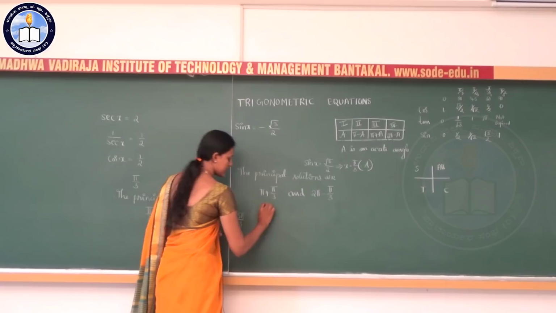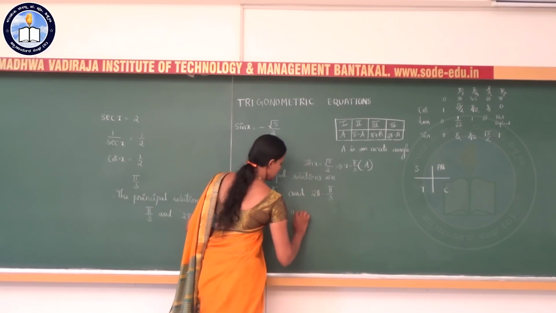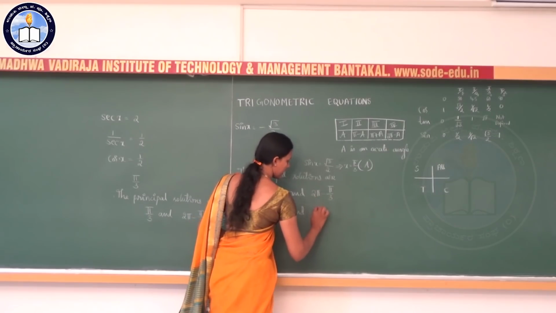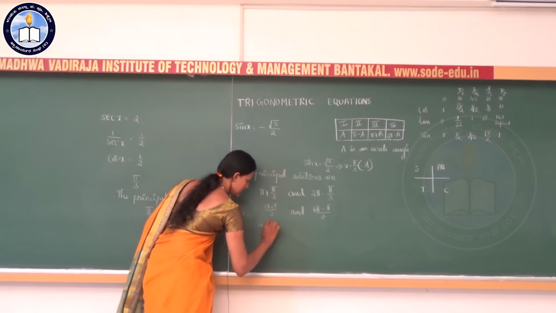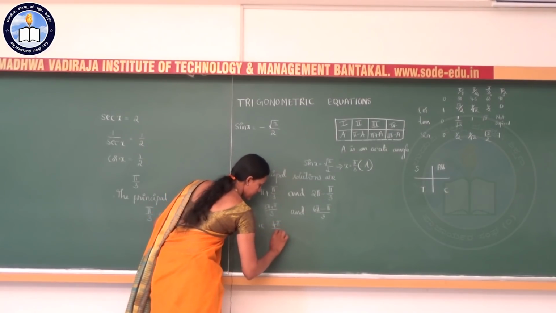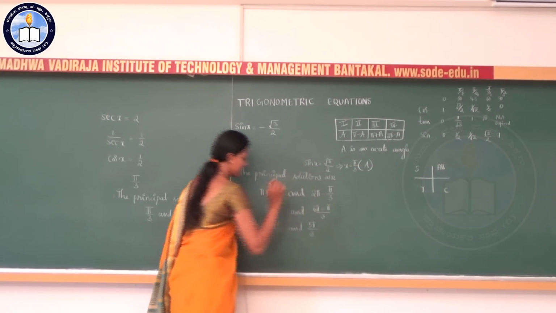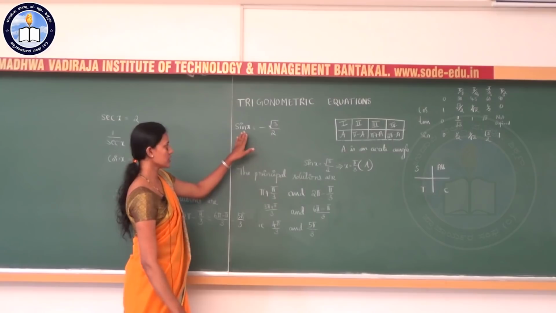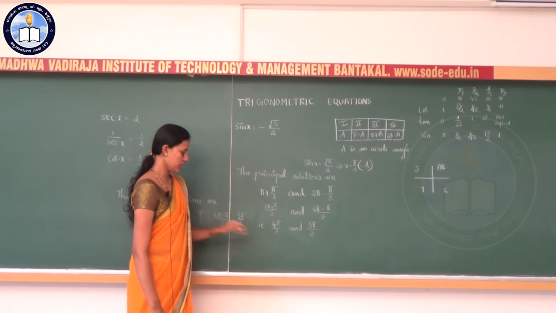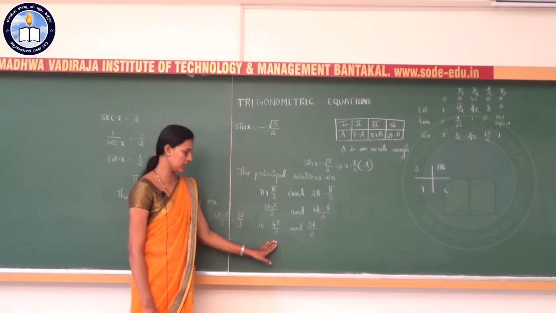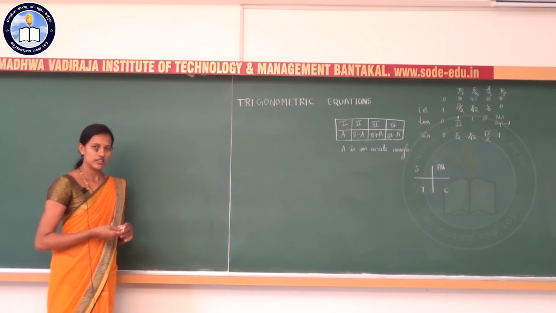So, this is 3 pi plus pi by 3 and 6 pi minus pi by 3. That is 4 pi by 3 and 5 pi by 3. So, the principal solutions of sin x is equal to minus root 3 by 2 are 4 pi by 3 and 5 pi by 3. Next example,